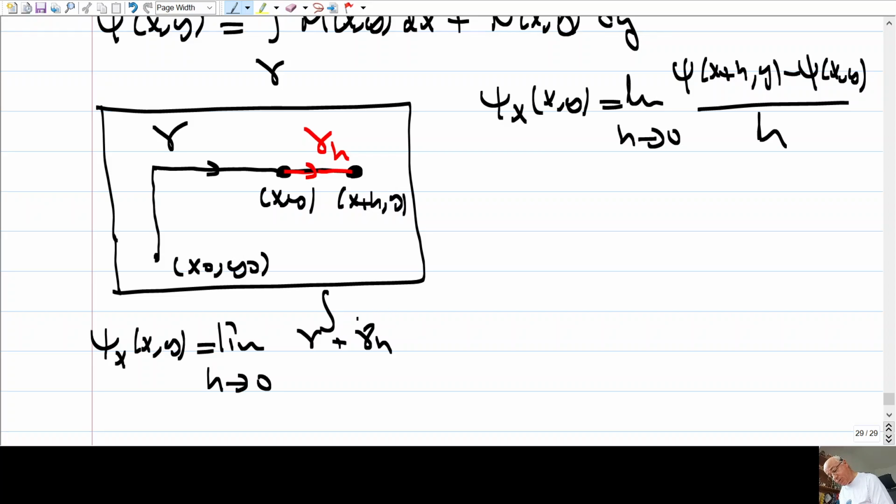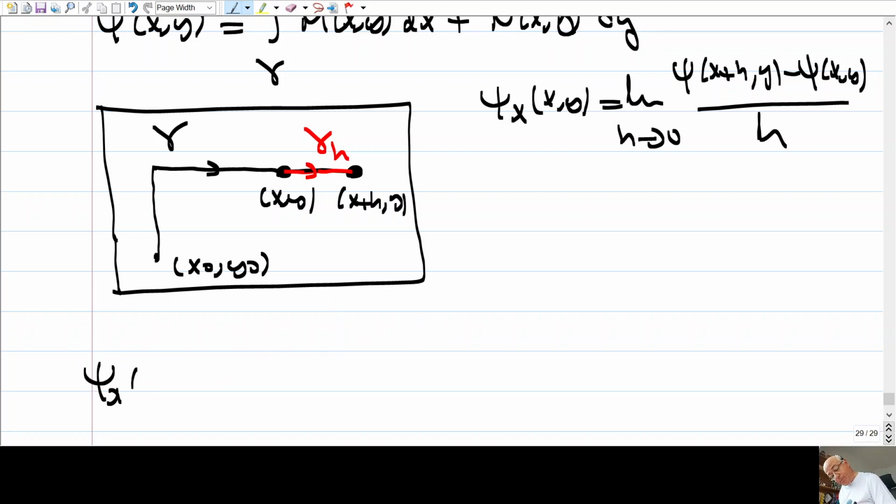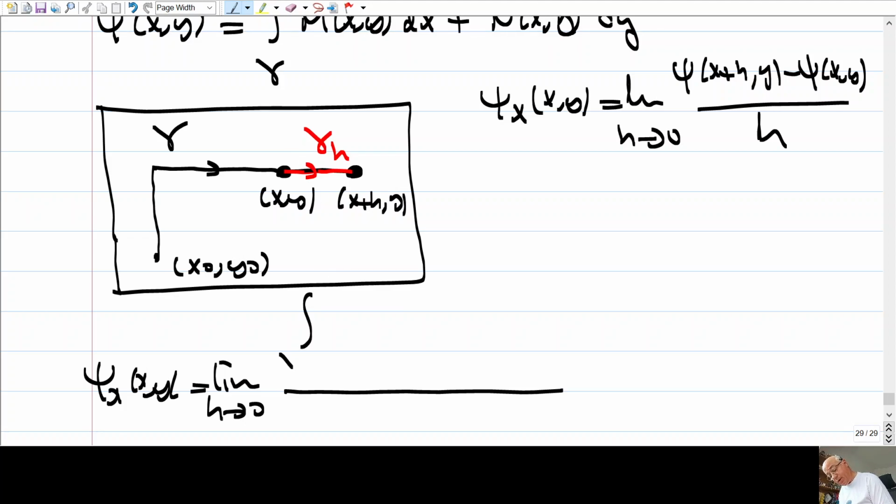Let me write it this way, with m, x, y, the limit as h goes to 0, psi at x plus h comma y. So it is this point, and I come to this point by following gamma first and then gamma h. So this is the integral along gamma and gamma h of m dx plus n dy